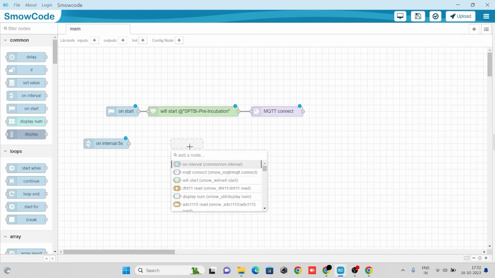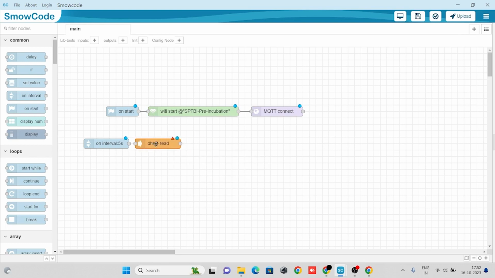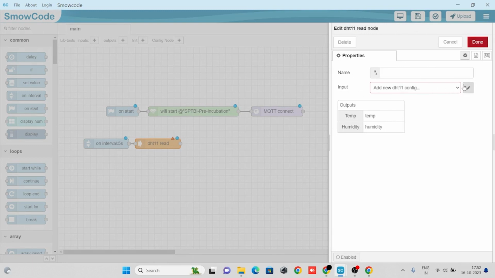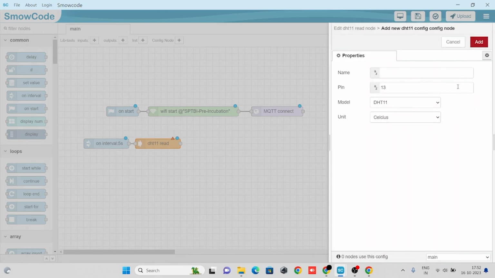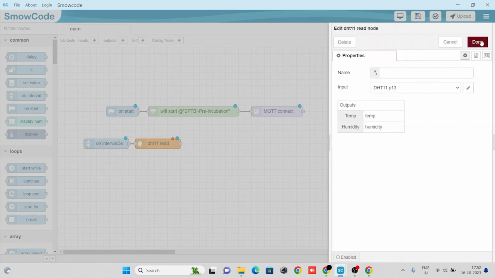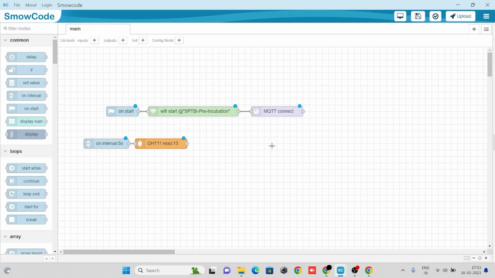We'll take a DHT11 node, make the flow. In its properties, we'll configure the DHT11 node. We'll select pin, we'll specify pin 13. In the output, we'll get temperature and humidity parameters. Click on done. To display our DHT11 readings on the OLED display,